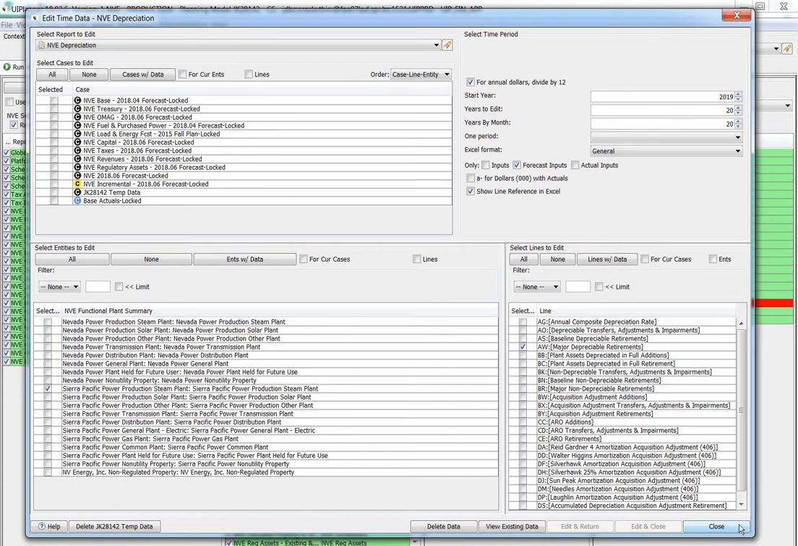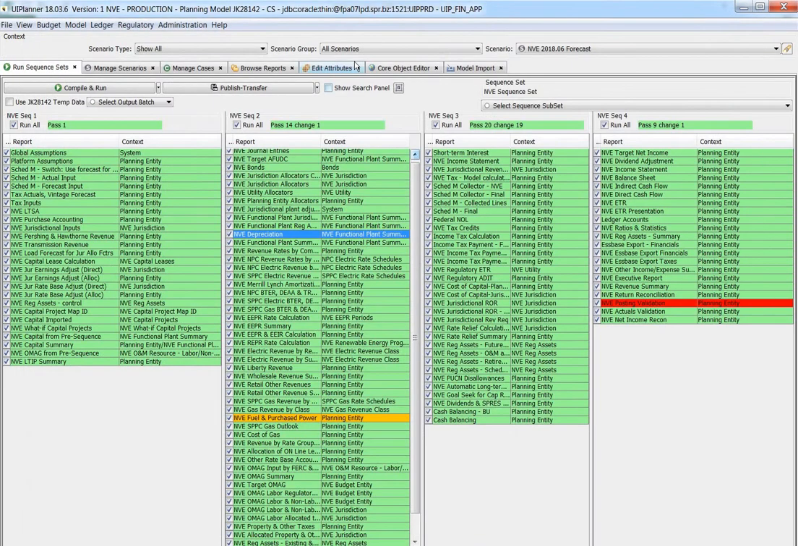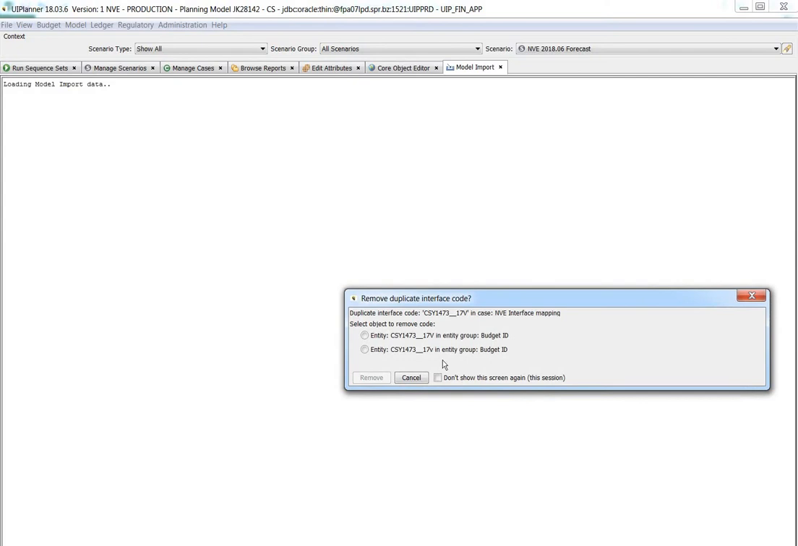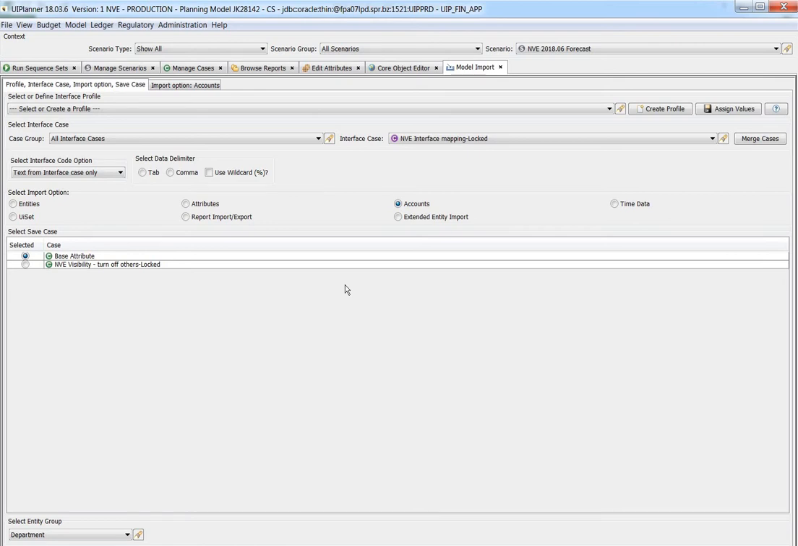Now, that's not the only way to get information into UIPlanner, or at least into one of these cases, an entity and line in a particular time frame. Another method is you can use the model import. The model import is a very useful tool to allow you to upload information that you do quite often or very regularly, or a very large amount of data. Because when you have a large set of data, it's not very efficient to manually input that. So one way is that we use this model import,